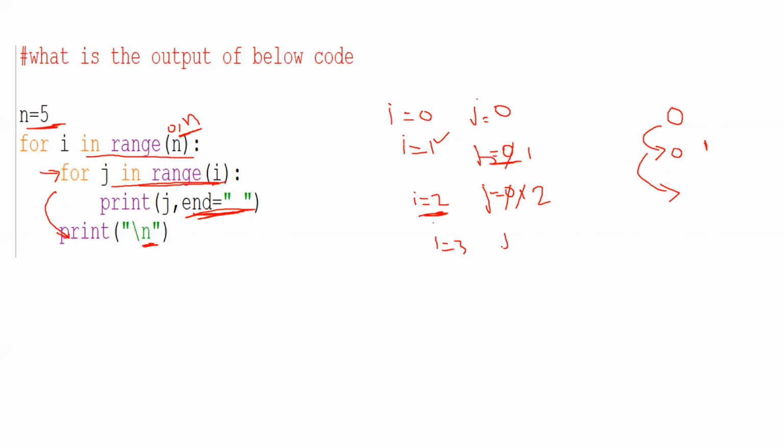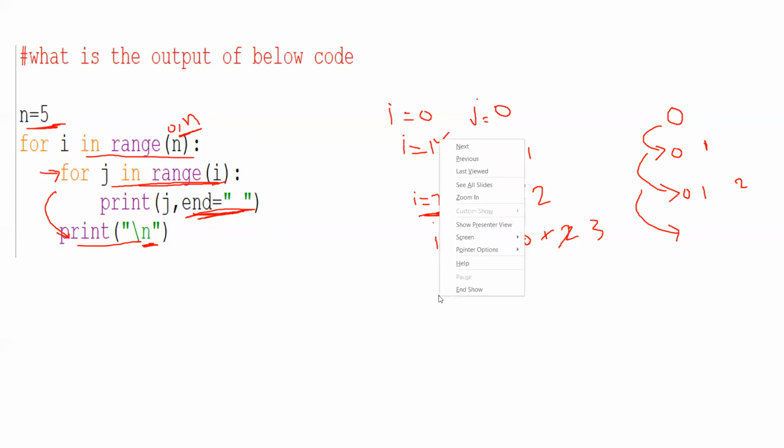And j will be ranging from 0 to 3, which is nothing but 0 first. You will print 0 and increment 1. 1 less than 3, yes, you will print 1. Now again increment 2. 2 is less than 3, yes, 2. Now again increment the j, 3. Is 3 less than 3? No. So you write this. You come to here. Now I value will be 4 now.